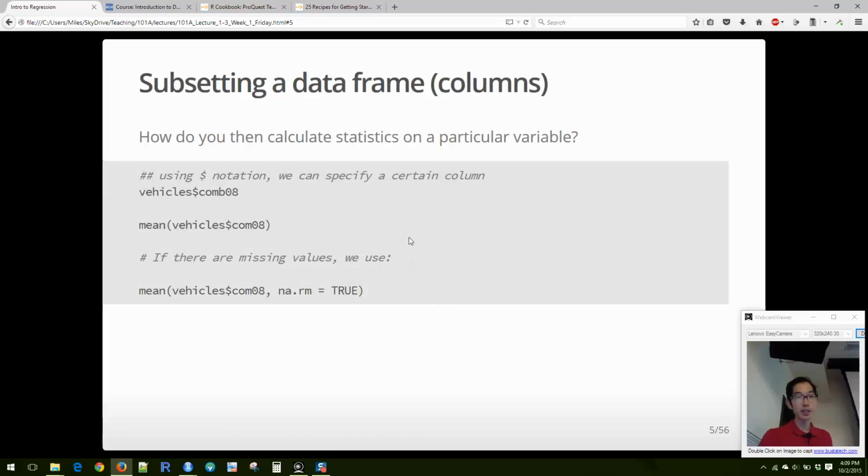If you want to select the columns, you can just use dollar sign notation with the name of the column that you want. So if you just want the combined fuel efficiency, you just do dollar sign combined fuel efficiency, and you can ask for the mean of it, or if there are missing values, you say ignore the missing values, et cetera. I'm hoping this at least gets you pointed in the right direction,